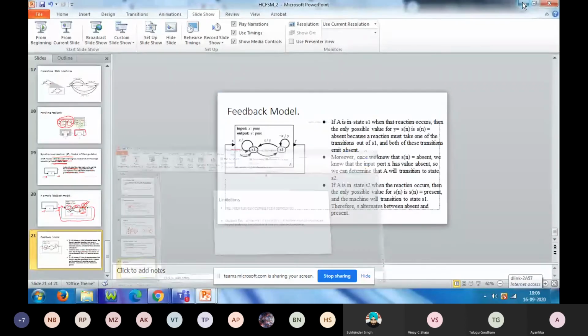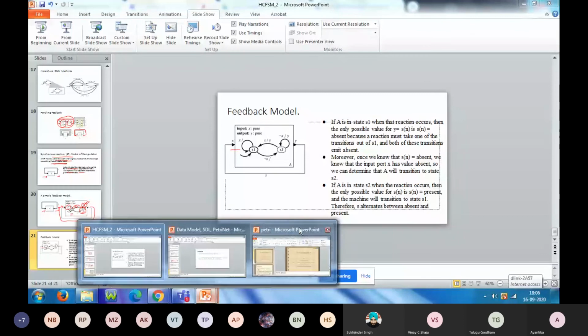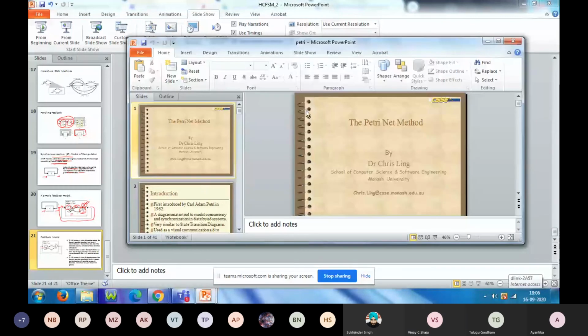Just a second. Ma'am, it's already late, right? Yeah. We have lab now. Okay. Then maybe next day we will take one example and we will discuss. Okay, fine. Tomorrow we will discuss. Fine.